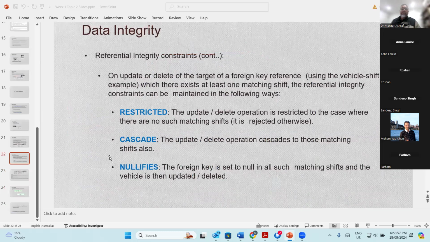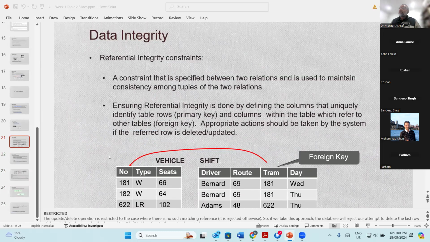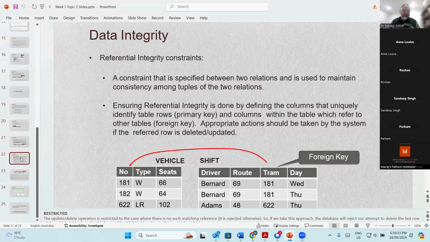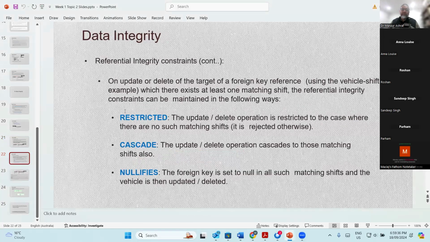So the main takeaway is that the entity constraint indicates that the primary key must be not null and must uniquely identify each tuple. And we talked about how the primary key can be the minimal set of attributes by which we can uniquely identify the tuples, and it completely depends on the context of the situation, and the situation can vary completely from place to place. And the most important part of this particular lecture is these three types of